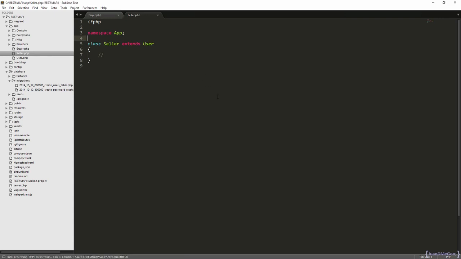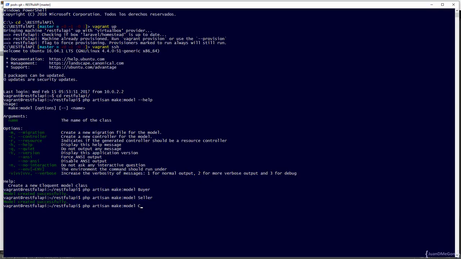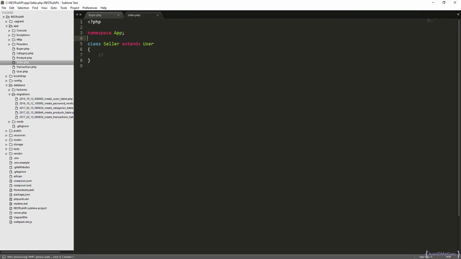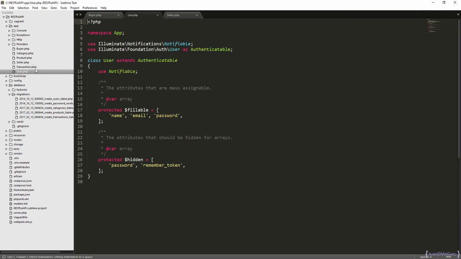Now let's create the other three models with their specific migrations. We have category, product, and transaction. So we already have the 6 models that we are going to use in our RESTful API,